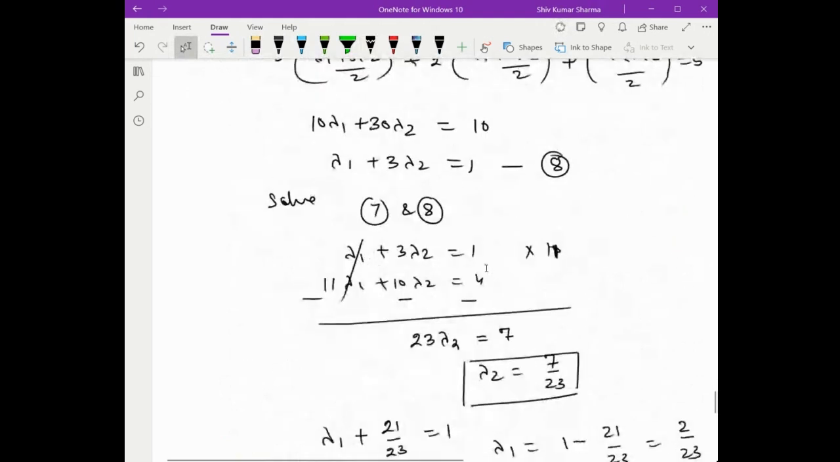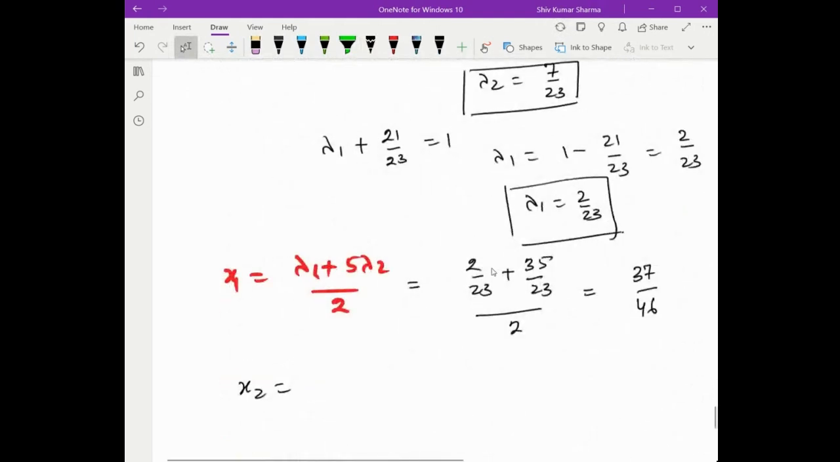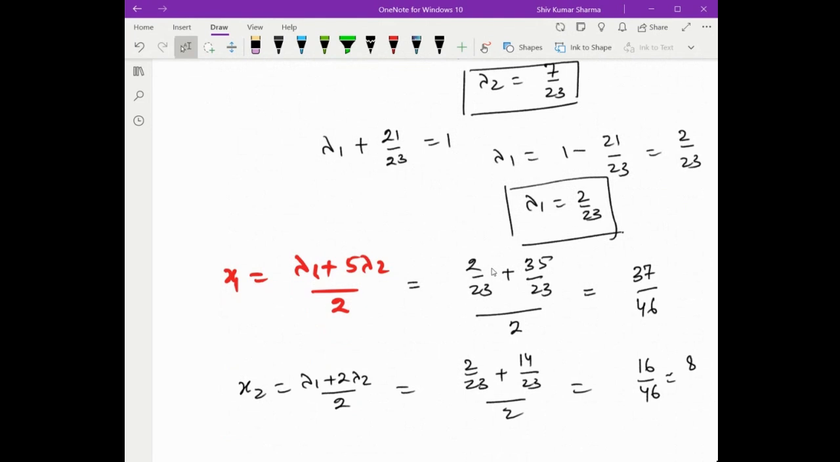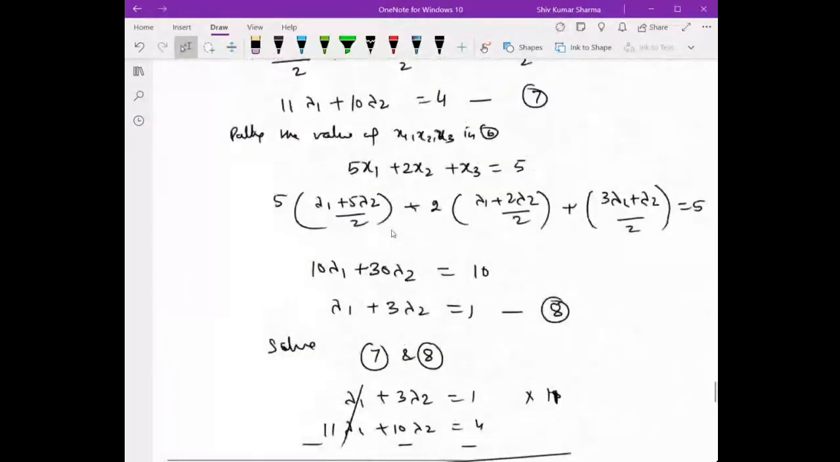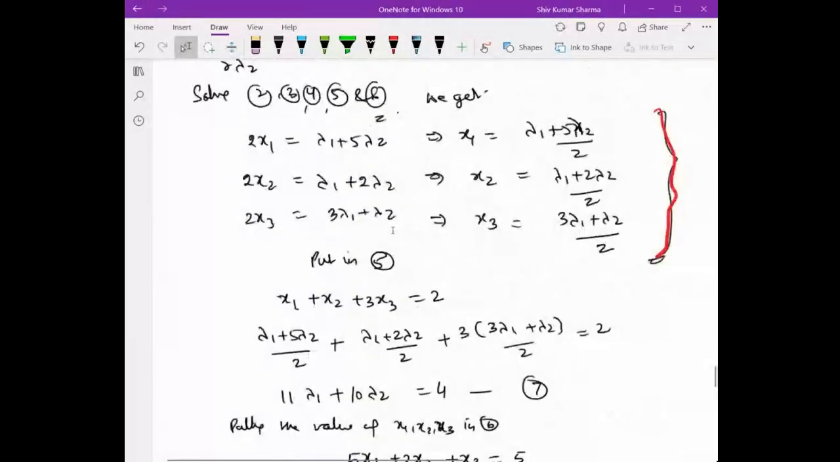Lambda 1 plus 2 lambda 2 upon 2. So we see that lambda 1 is 2 upon 23 plus 2, 2 7 ja 14, 14 upon 23 upon 2. So gives us 16 upon 46. So 8 upon 23, and the value of x3 equal to, you obtained as x3